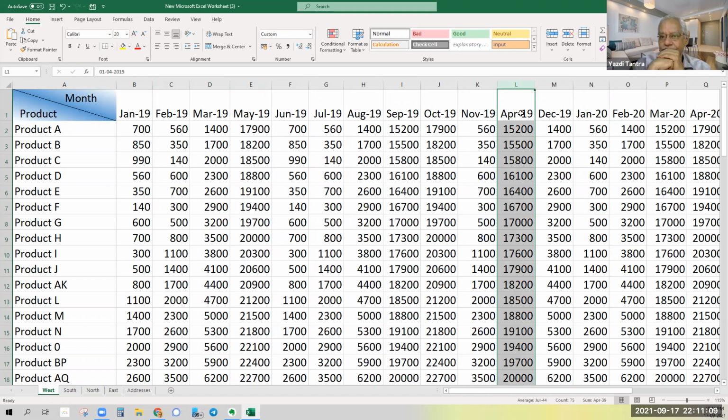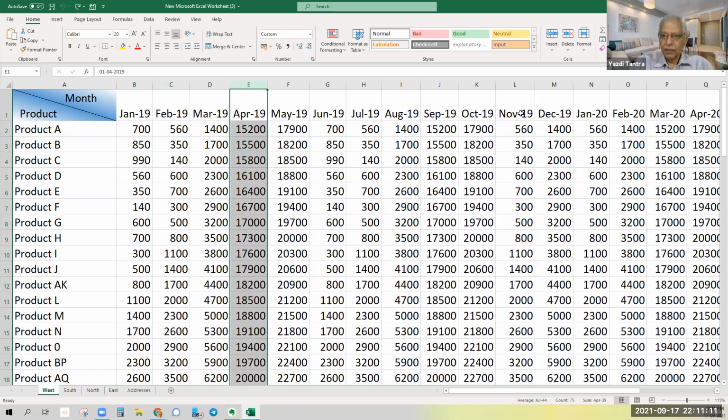Extremely simple. So these are some very, very simple things which you can do. There are lots and lots more, like you can have another 3 sessions only on these shortcuts. I'm showing you something which you can use on a daily basis.